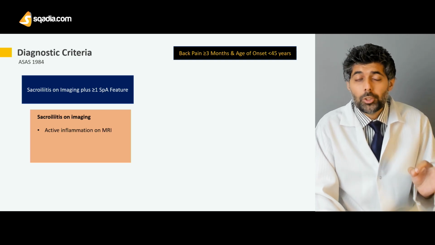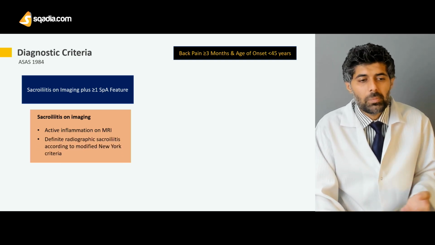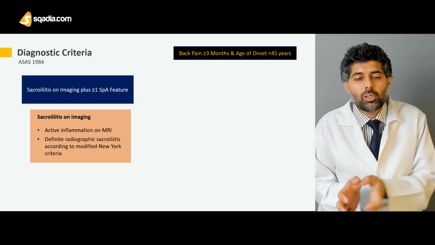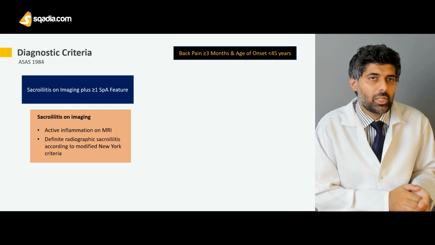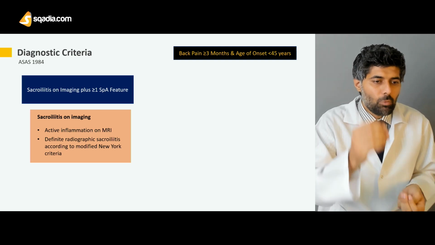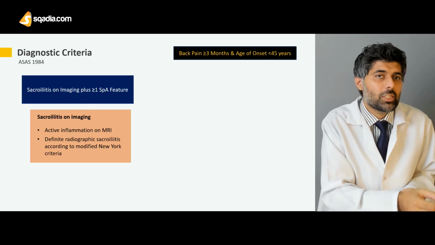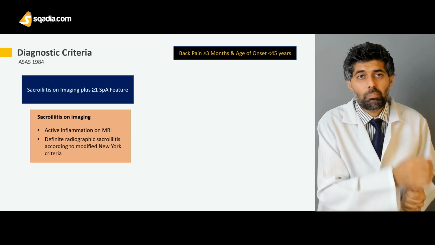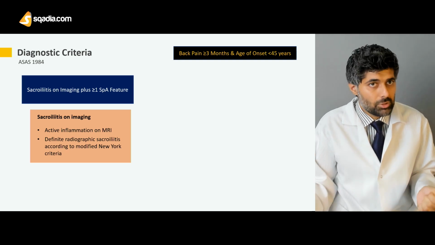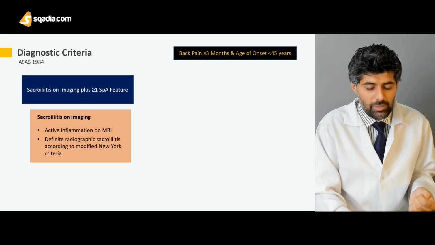Now, the important part is the active inflammation. It should not be chronic. Or there might be some definitive radiographic sacroiliitis according to the modified criteria. Now, if one of these is present along with the sacroiliitis, we can definitely diagnose the patient with ankylosing spondylitis. Or if the patient